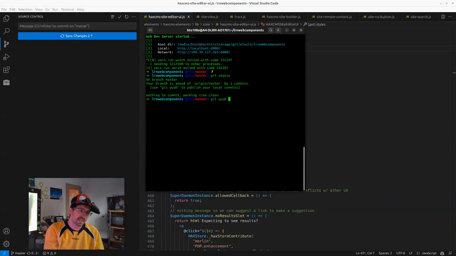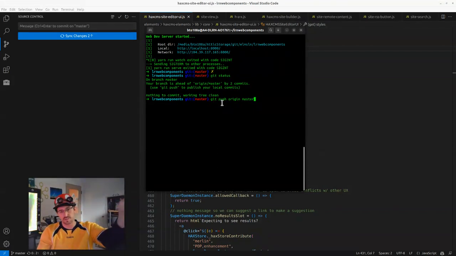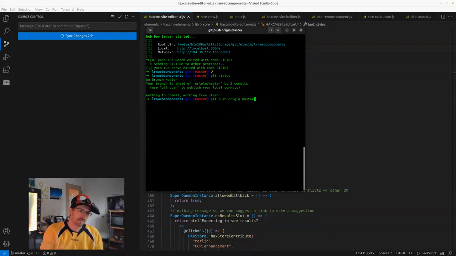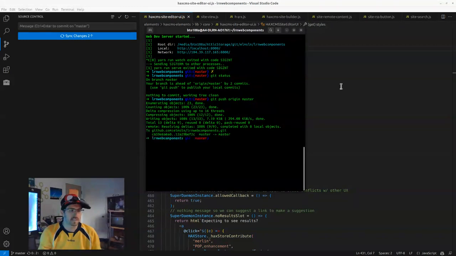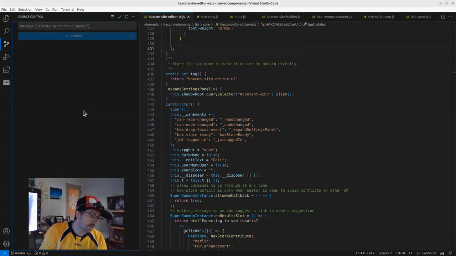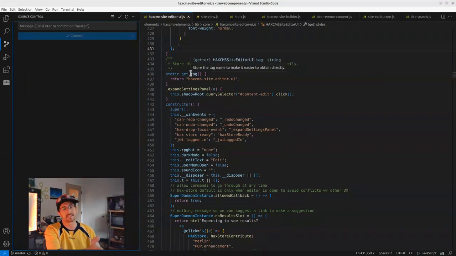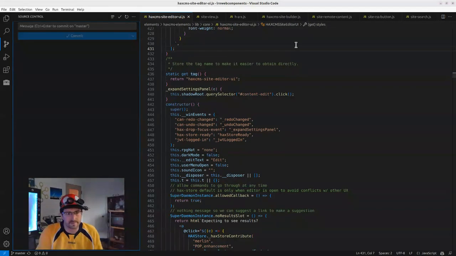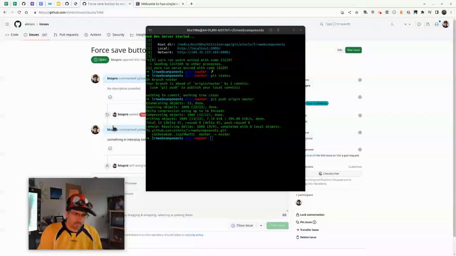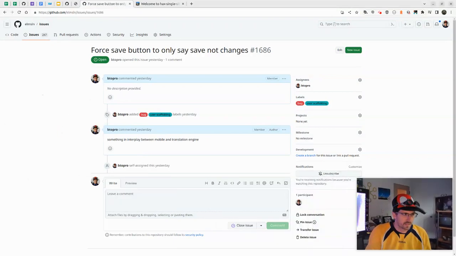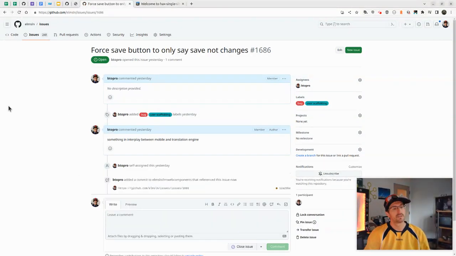So I can either write git push origin master in this case, because it's git, the command is push those changes up there, push it to origin, which is the name of where I'm pushing, that relates to a repo, and then master, which is the branch within that repository I'm pushing to. I'm going to get some fun stuff about enumerated objects and deltas and writing objects. And then if I go back to here, we see that this tab is refreshed. Now I could have just clicked sync in there and not done all the pizzazz, but what fun would that be? So close this, and now if I go back into the browser and hit refresh, we see that